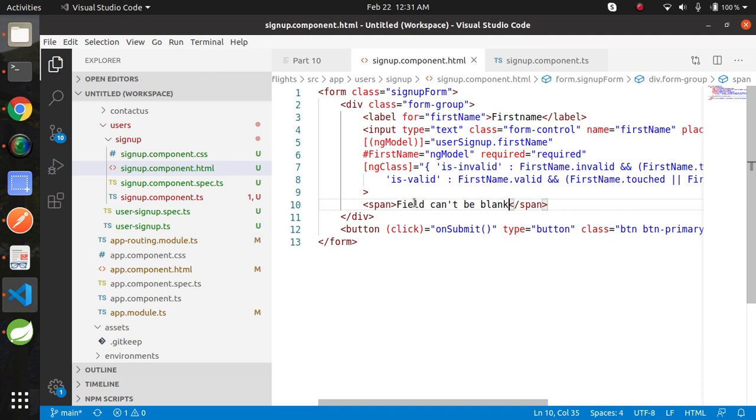I am going to add here required field basically, and just provide a class here, class text-danger.